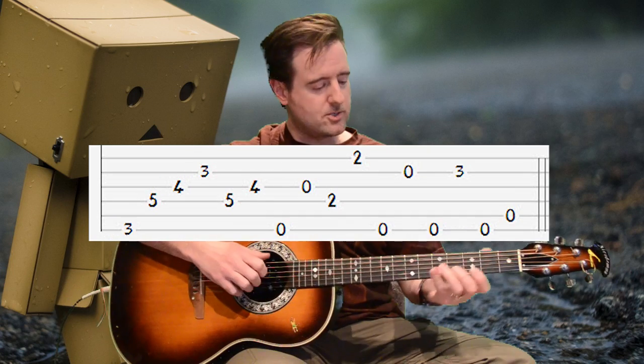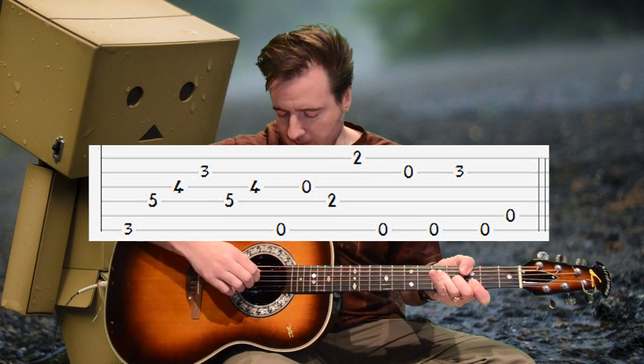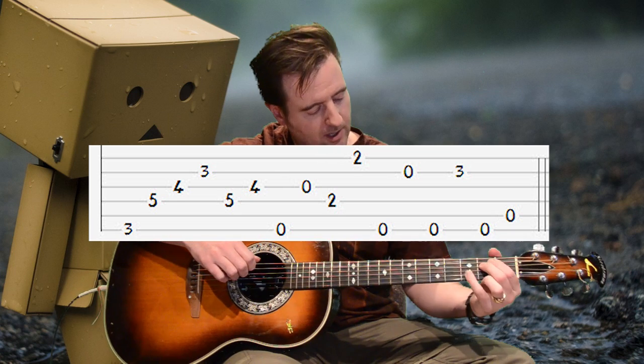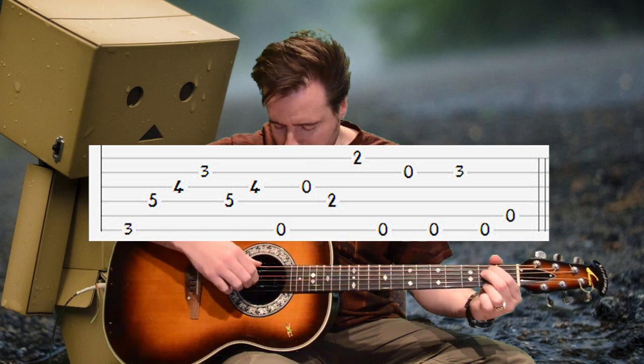Measure 12 is the last measure in the chorus. It's down in the G shape, and we're doing clean crossover arpeggios. Coming back to strings 4 and 3 before forming our E chord. In this case, on the track, he doesn't form it all the way. It actually sounds like this,